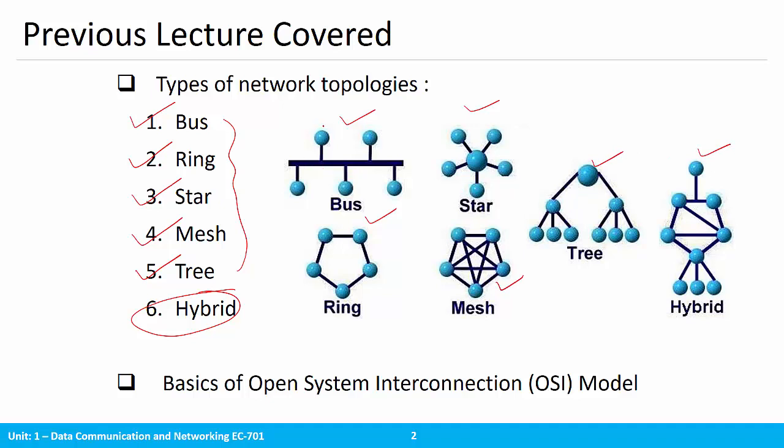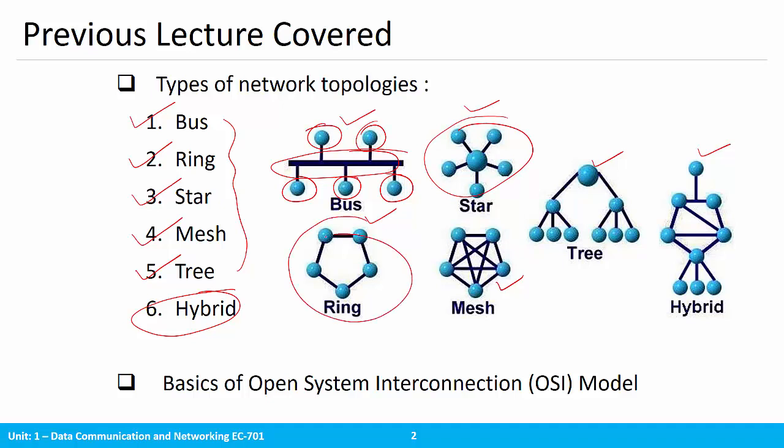So suppose we are connecting one computer here and a second one here, a third one here, a fourth one here and a fifth one here, and if it is connected with the bus topology, then the connection will be like this. Similarly, if it is connected with star topology, then it looks like a star. If it is connected like that, then since it is forming a ring, it looks like a ring topology. Then if it is connected like a mesh, then it is called mesh topology, and similarly if it is forming a tree, then it is called tree topology.